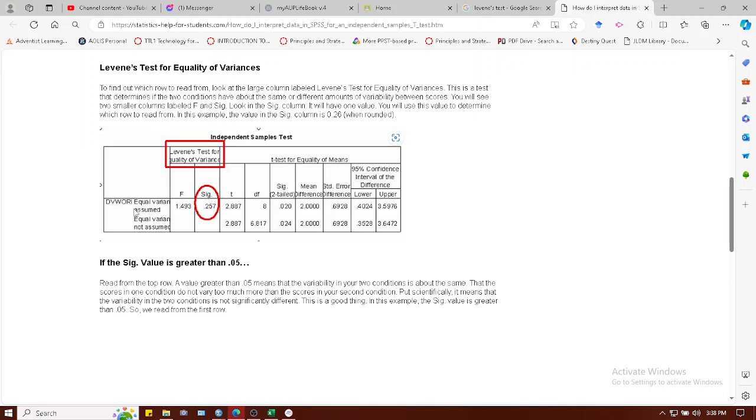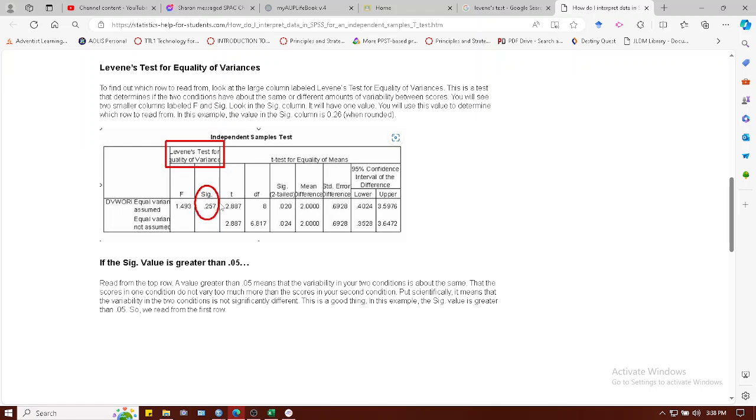So that means when this is greater than 0.05, we read from the top row. In this case, since the top row is 0.02, this is significant. So there is a significant difference between the means being compared